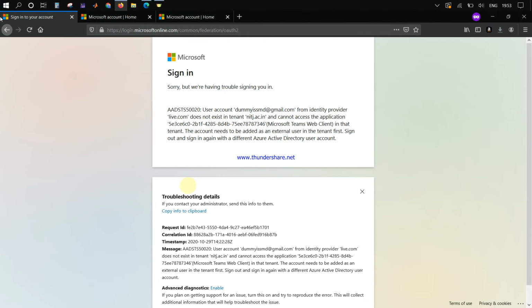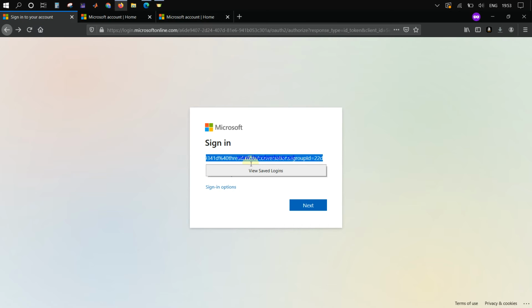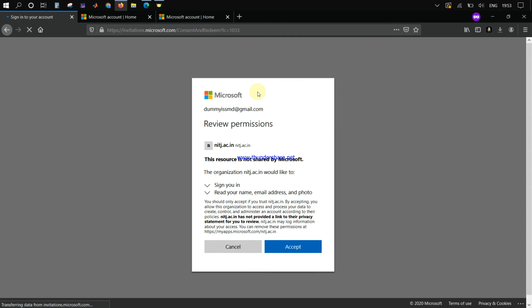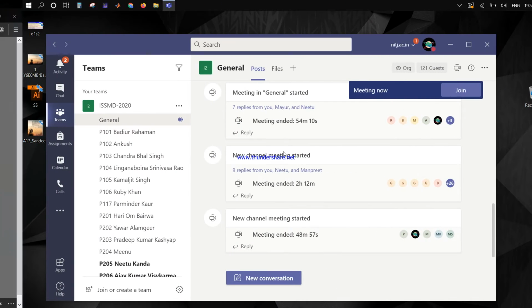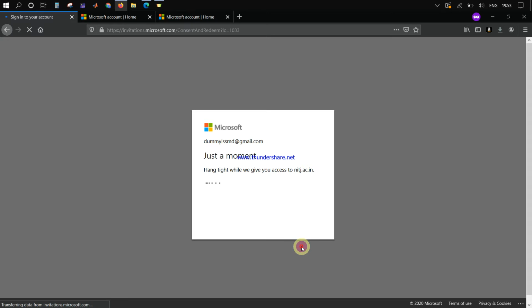Okay, so again I will go to this and enter dummy ISSMD at gmail.com. Since I have added it here, this problem is not appearing. So I clicked accept.